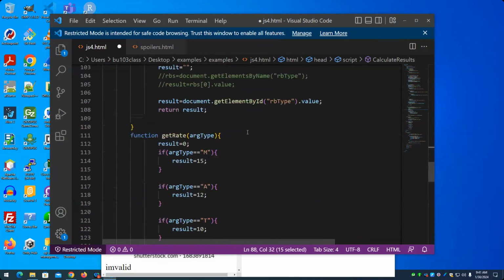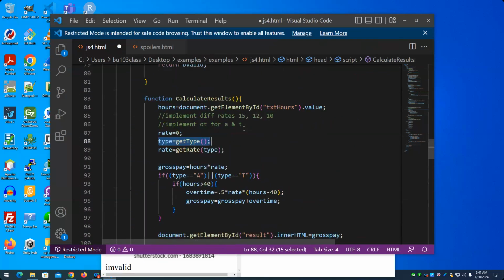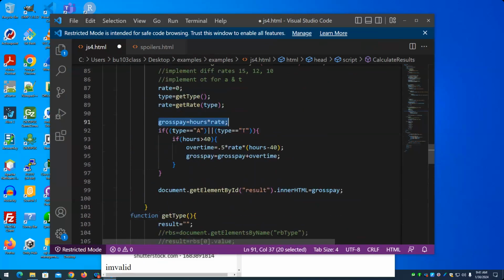So if they are a manager, they get $15 an hour. If they are an associate, they get $12 an hour. If they're a trainee, they get $10 an hour. However, associates and trainees get paid overtime. So their gross pay equals hours times rate to start out. However, if they are an associate or they are a trainee, and this two vertical lines is